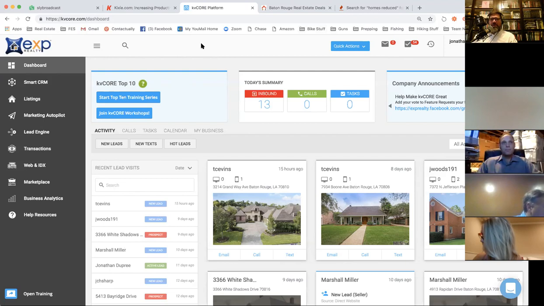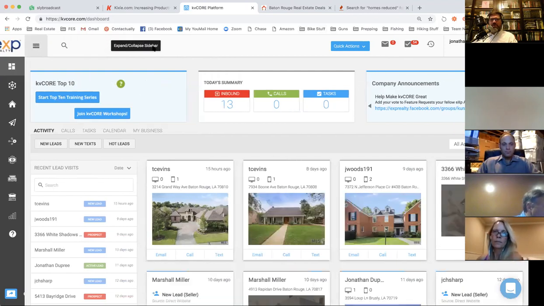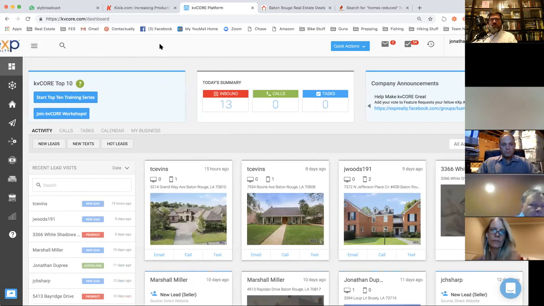So I'm in the back office of KV Core, and just in case some people are on here who know nothing about KV Core, when you log in, it's usually going to look like this. And if you don't know what those icons are over on the left-hand side,